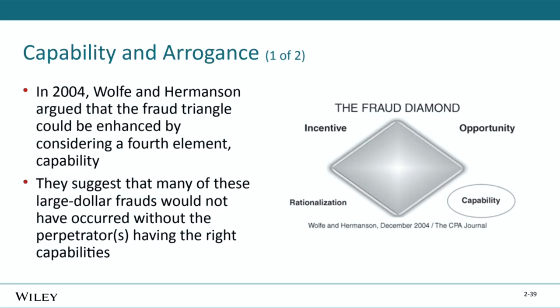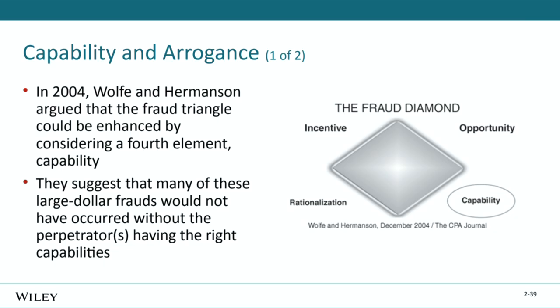And because us fraud researchers just love playing with geometry, here comes Wolf and Hermanson in 2004, adding to our mix capability. Okay, we'll talk about arrogance in a moment. So Wolf and Hermanson said, okay, the fraud triangle could be enhanced by considering a fourth element. So now it's no longer a triangle, it's a diamond. All right. So you've got the incentive, that's that pressure. You've got the opportunity. You've got the rationalization. They say, aha,